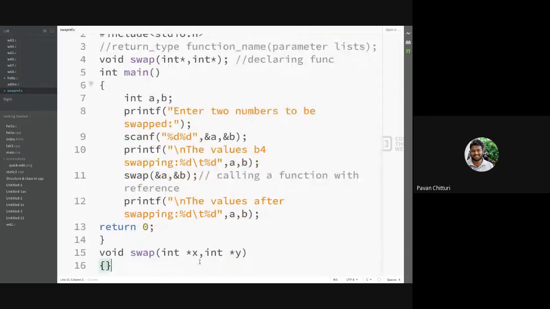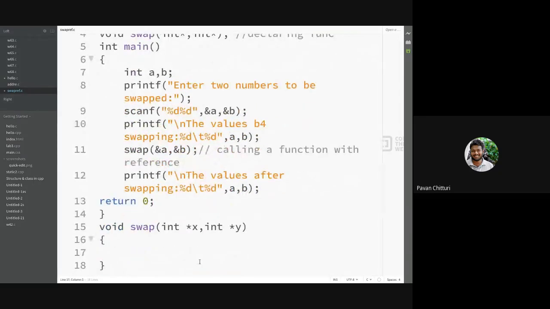Now star x and star y, that is x comma y, are parameters in my function. So now I need some intermediate variable, int t.